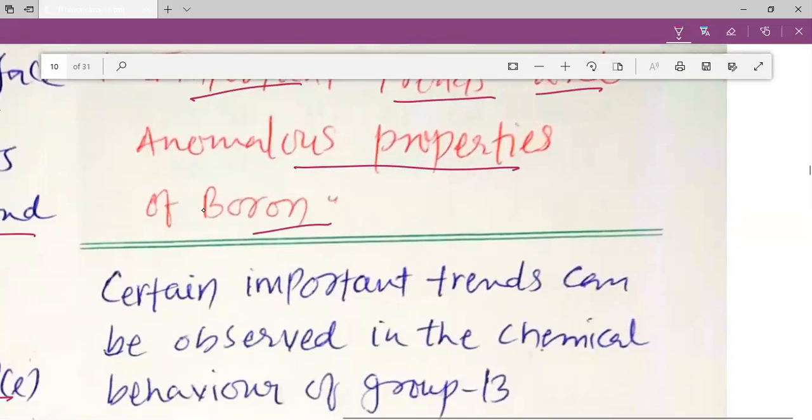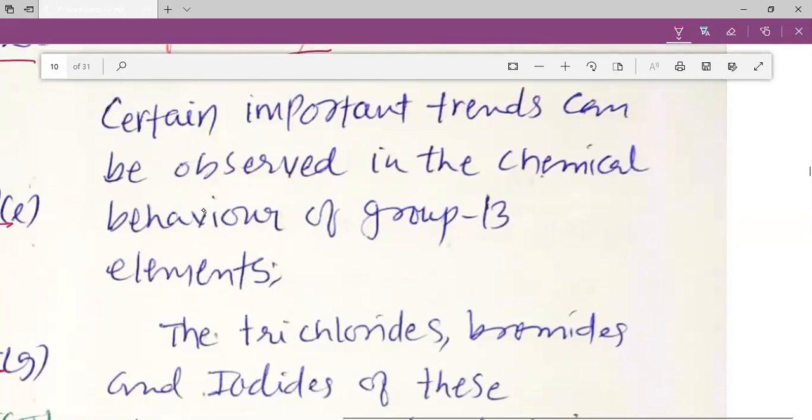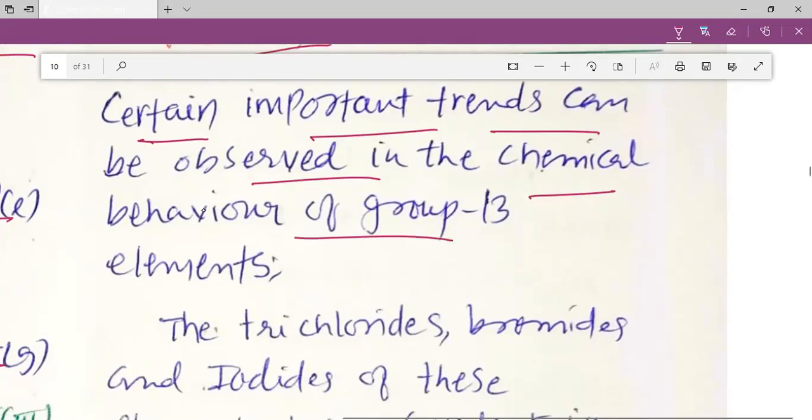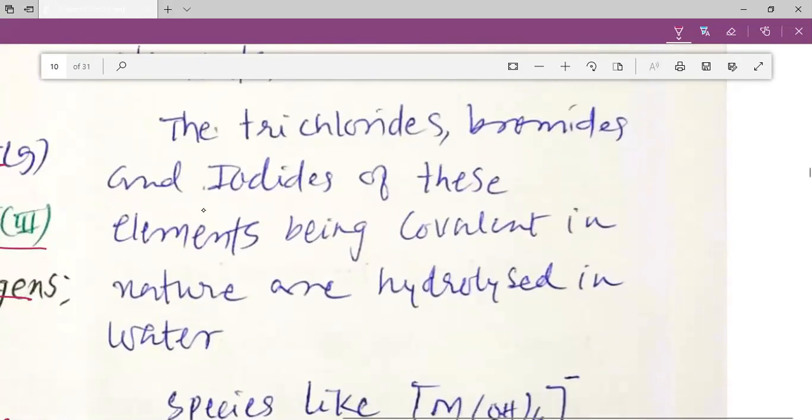Now, my dear students, we want to study the important trends in anomalous properties of boron. We know that boron, being the first element, does not behave similarly to the elements of the same group. And what are these anomalous behaviors of boron? Certain important trends can be observed in the chemical behavior of group 13 elements. The first one: